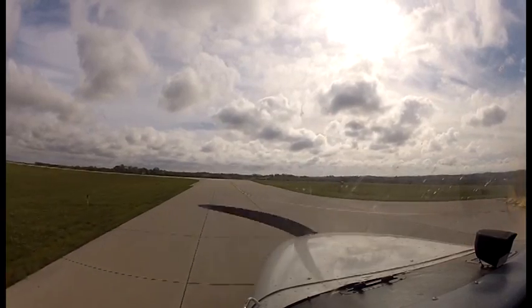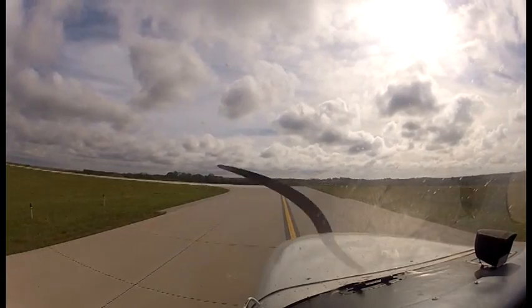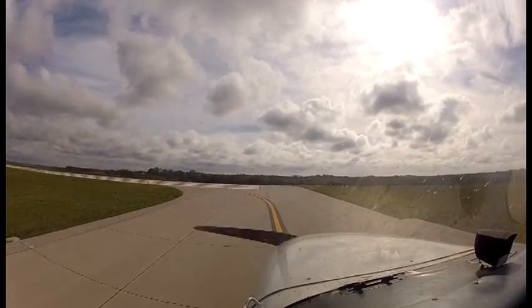Council Bluffs traffic, Cessna 2335 Echo, taking off runway 32, departure to the east, Council Bluffs. Traffic Cherokee 09. Yeah, remember, keep those crossing controls. Well, I guess it's the other way, but...